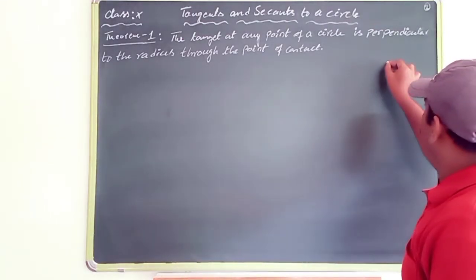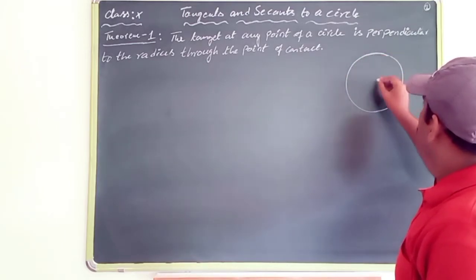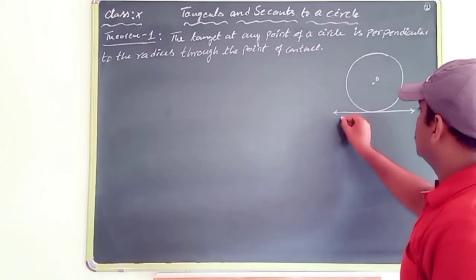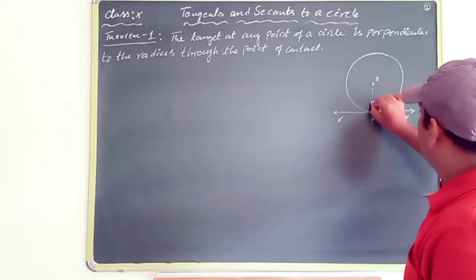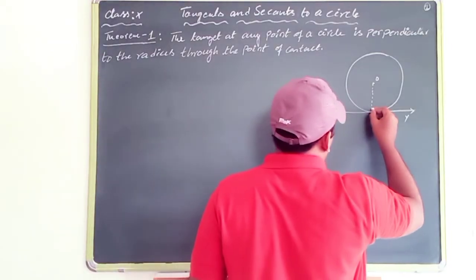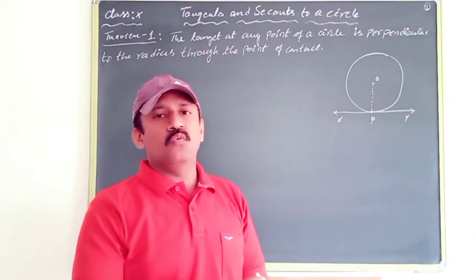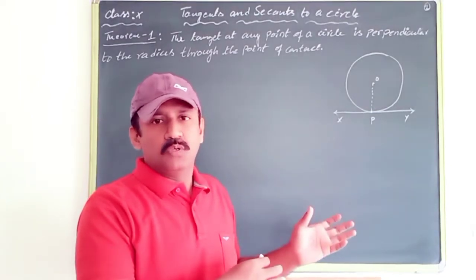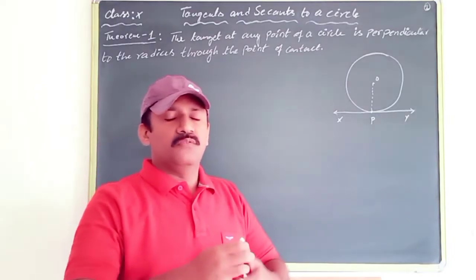Suppose it's a circle. Okay, so the center we are taking as O, XY is the tangent, and the point of contact we are taking as P. OP is the radius. Now suppose it is not 90 degrees, so how can we prove this theorem? That is the method of contradiction. That means we first take that it is not possible, then we search for any alternate solution. If you won't get the solution,